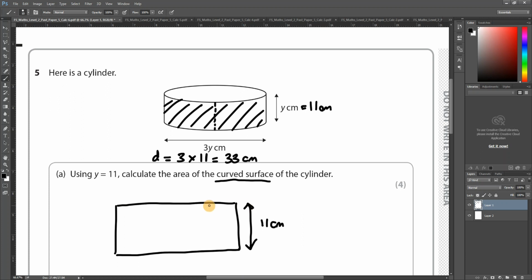Where most people got wrong was this length here, from here to here. It's not the same as the diameter. This length here is technically this edge that goes all the way around, and that edge there, what do we normally call that edge? Well, that's the circumference. So technically we need the circumference of the circle for this length here from end to end. So to work out the circumference, we use c equal to pi d,